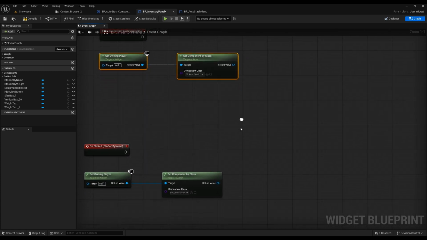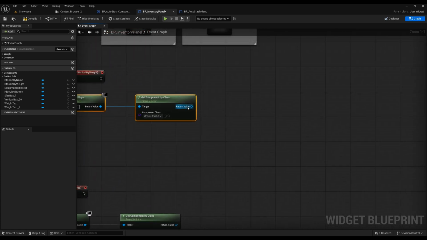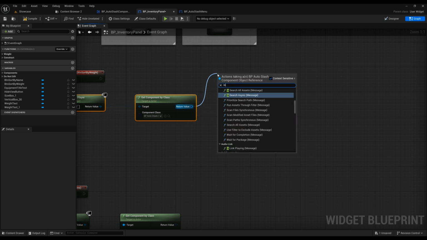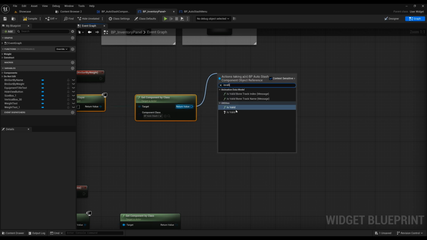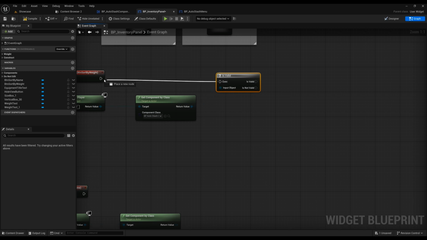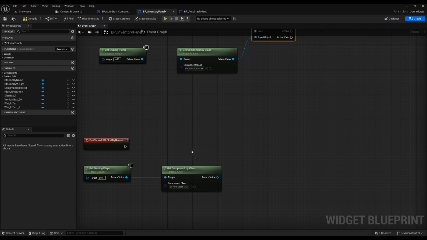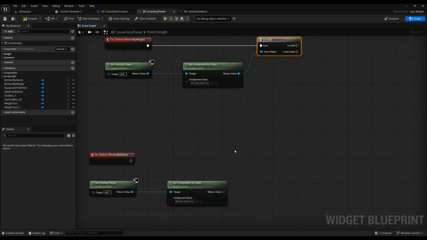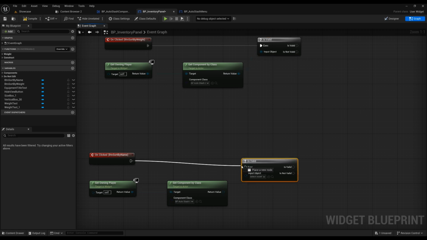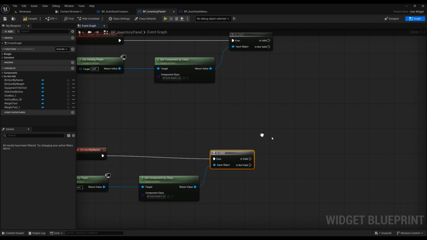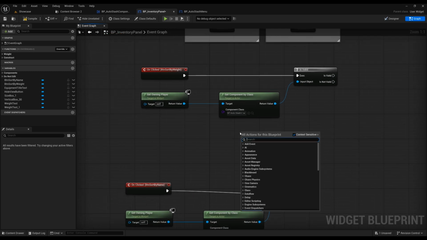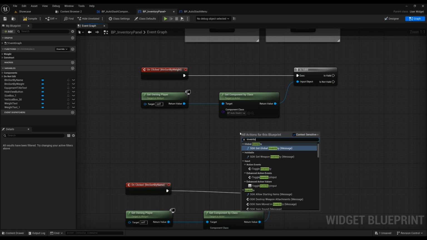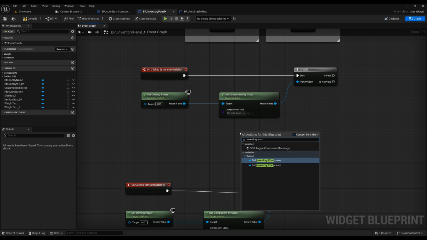So we get that component, the AutoStash, we're just going to check is valid, because if you don't have this on your player, then pressing the sort button shouldn't break Unreal or your game. So adding the is valid there,